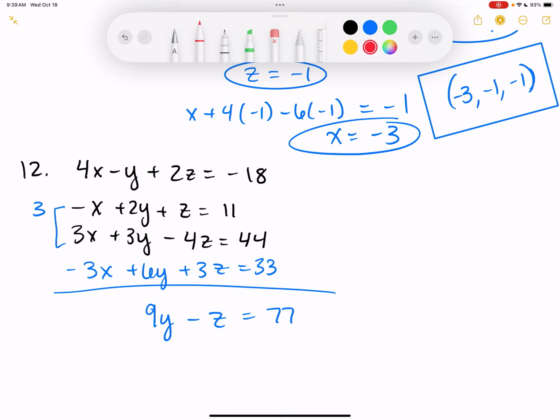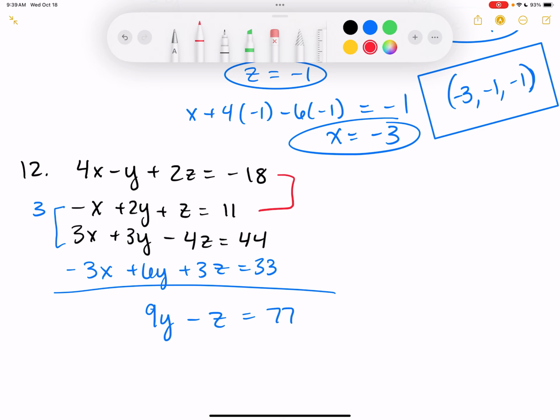And tell me what to multiply it by, if it needs to be. Top, bottom, top. Not bottom, top. Bottom, top and middle. Top and middle. Yeah, you can do top and bottom, but it's going to be a lot more work. And what am I multiplying by? Middle times negative